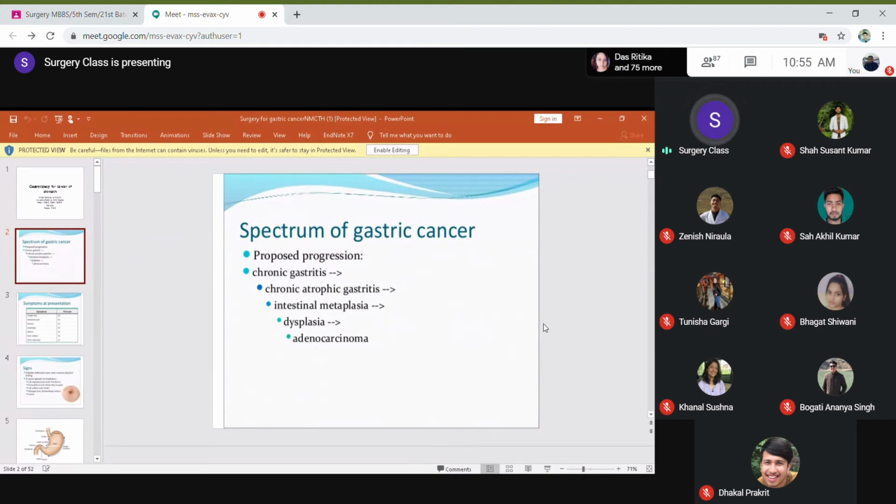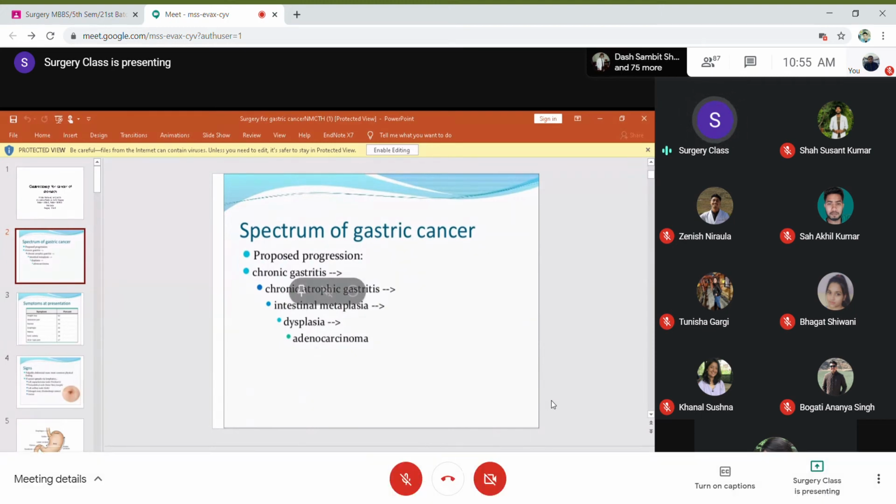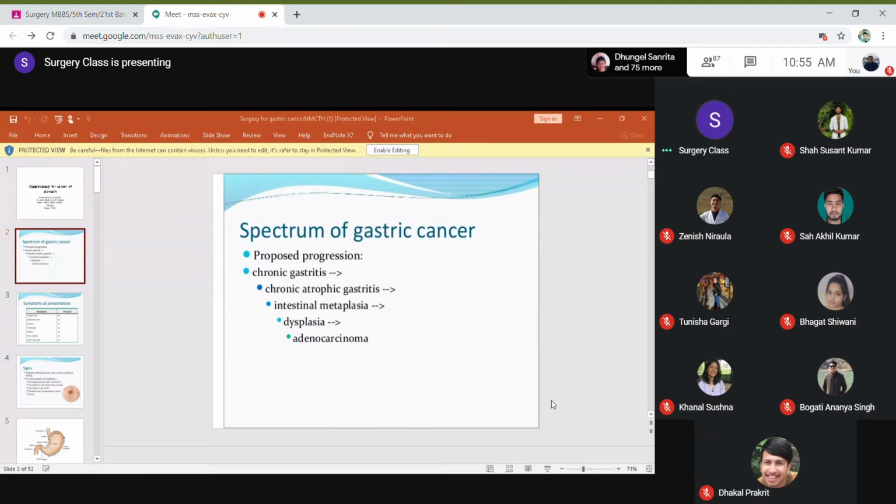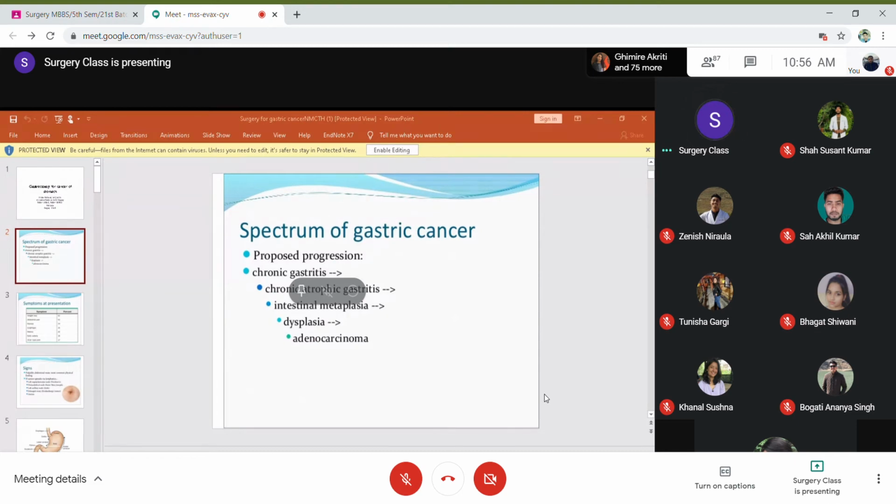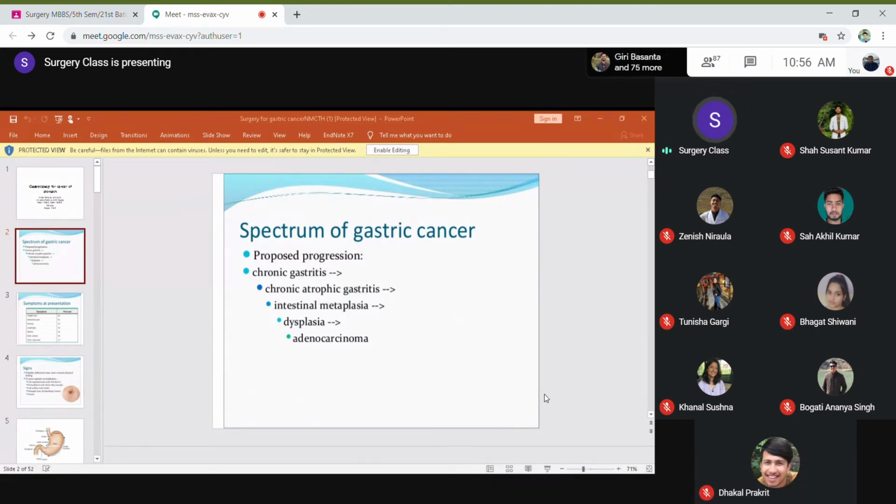I'll just have a quick review of what has been done before. The spectrum of gastric cancer, the proposed progression, will be chronic gastritis, chronic atrophic gastritis, then intestinal metaplasia and dysplasia, and then the adenocarcinoma. Symptoms I've already told you about: weight loss, abdominal pain, nausea, dysphagia, melena, early satiety and ulcer type pain. Signs, as we have already discussed: the palpable abdominal mass, and the left supraclavicular lymph nodal involvement in metastatic disease,